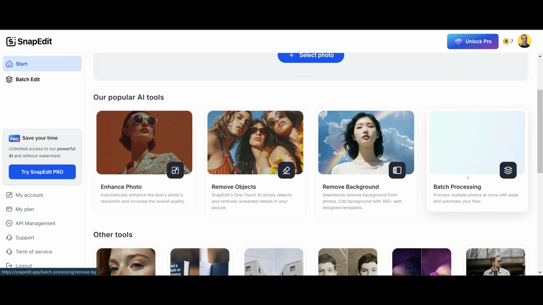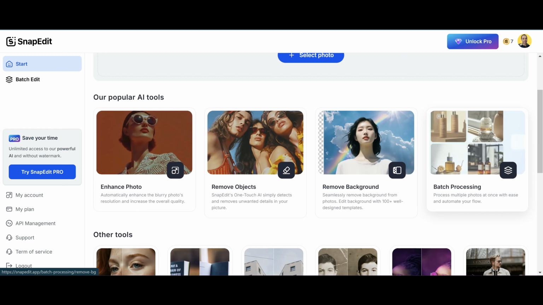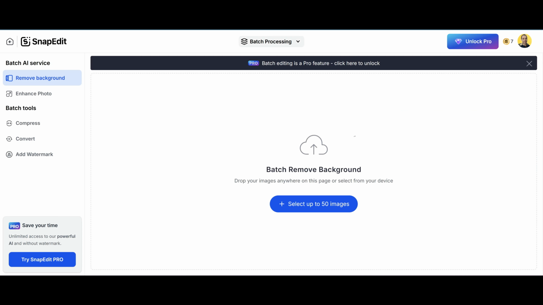So there's some of the main editing tools that you can use, and there's also batch processing, and this is for the pro version only. But batch processing, or batch remove background, basically allows you to upload 50 images at a time, and the AI will remove the background of all those images. So realistically, that can save you a lot of time, especially if you're doing this for clients or you have a lot of items that you need the background to be removed from. And there's not many editing tools that have this,